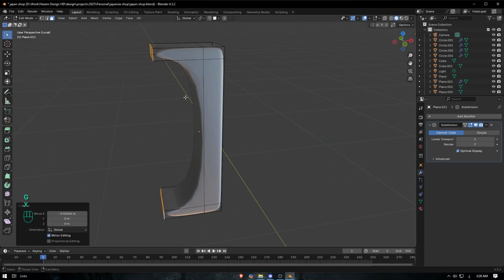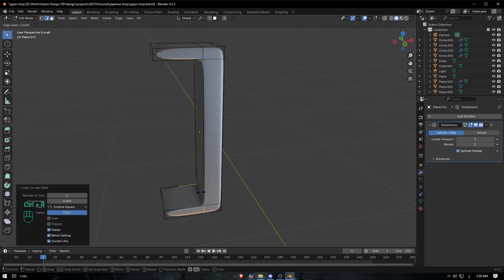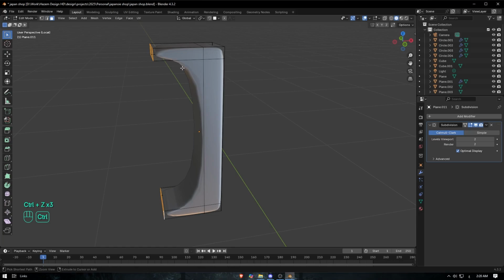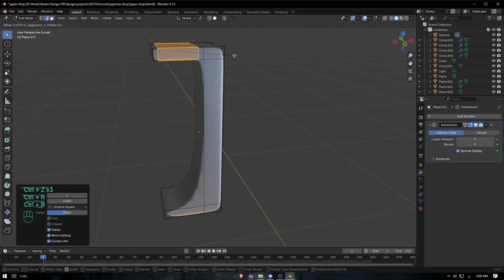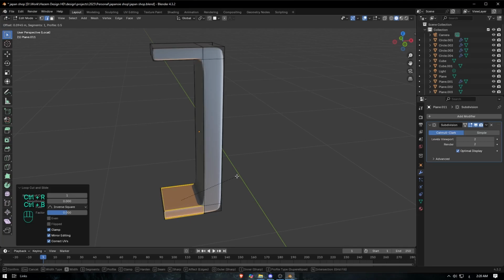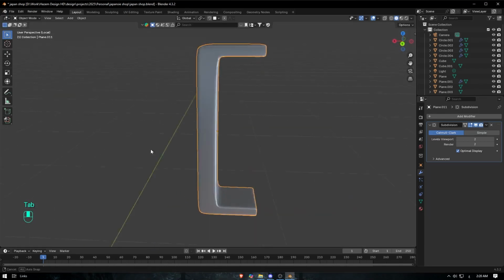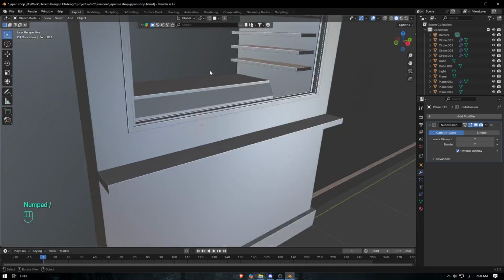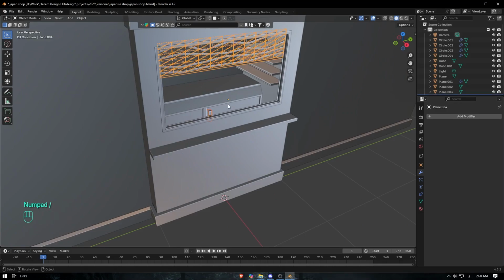Like this, and move this here with one loop cut and another one. I think it's better to add one in the middle, and Ctrl B, then one in the middle and Ctrl B, something close to this, just simple and clean. Then we go back and select this handle and this faces here,